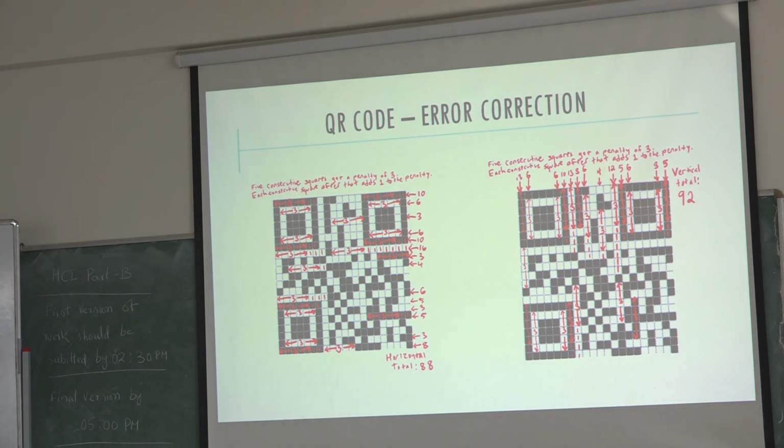To reduce this penalty, when we do the masking, out of the 7 different maskings, whichever gives less penalty, we'll use that masking. Even after we encode with the mask, maybe some of the patterns will still look like finder, alignment, or timing patterns. But still, we can satisfy, the reason being there are fewer penalties. That means fewer errors and fewer mismatches. So we have to find out for all 7 possible maskings and compare which has the least penalty. For that, we have to do the masking.